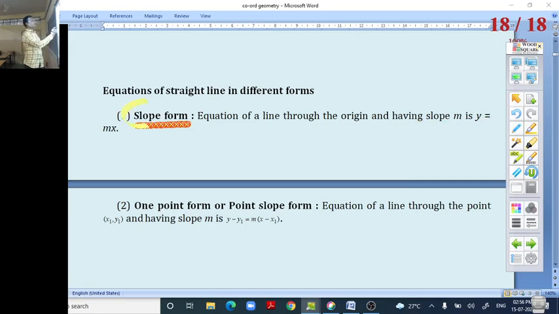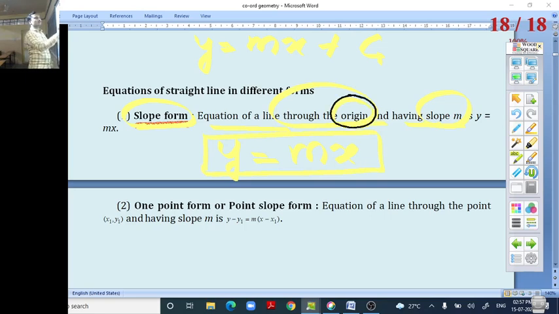So what is the slope form? It is regarding the slope of a line. The equation of a line through the origin and having slope m is always y equals mx. Already we know that y equals mx plus c is any straight line, and y equals mx only is a line passing through the origin